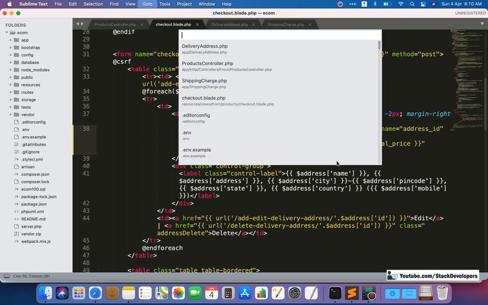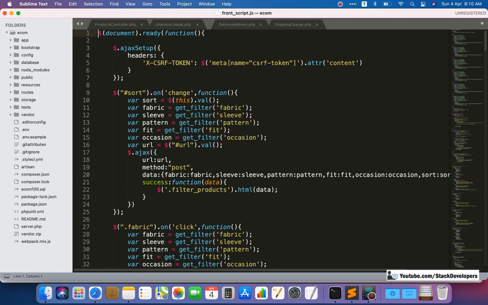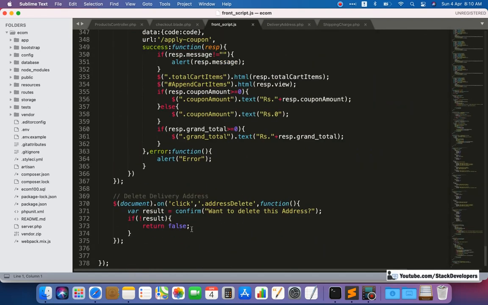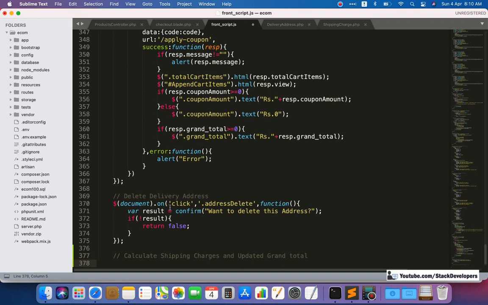and we are going to add the jQuery for it. I will open the front script, and here at last we will add the jQuery for this one. Okay, so we want to calculate shipping charges and update the grand total. Okay, so here